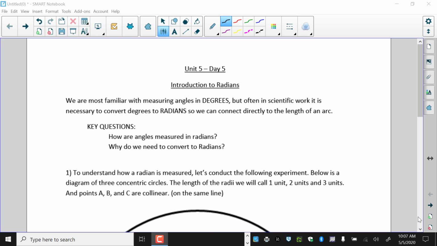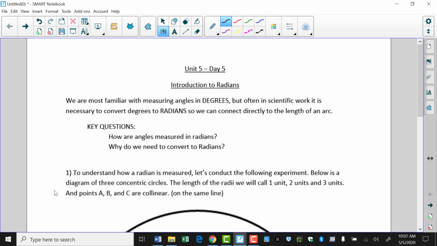All right, and this week, what I'm going to try to have you guys do is do a little bit of work on your own, do a little bit of research on your own. I'm going to show you what a radian is, and I'm going to have you fill out the rest of the notes in this notes section based off of what you research on your own. We're going to take this slow because there's no rush, and it's a very important concept to understand the difference